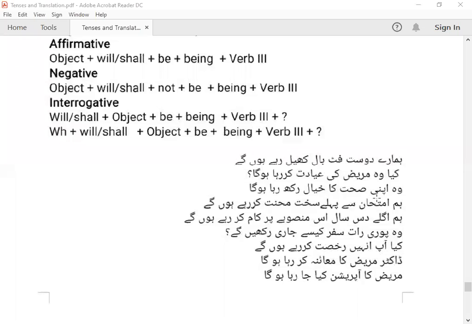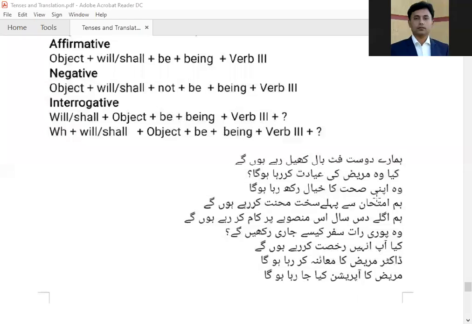10 years हम इसमें लगाएंगे, या फॉर द नेक्स्ट 10 ईयर्स भी कर सकते हैं। वो पूरी रात सफ़र कैसे जारी रखेंगे, हाउ विल दे कंटिन्यू ट्रैवलिंग ऑल द नाइट, पूरी रात, ठीक है, जारी रखेंगे। क्या आप उन्हें रुखसत कर रहे होंगे, विल यू बी सीइंग देम ऑफ, ठीक है। सी ऑफ होता है रुखसत करना, विल यू बी सीइंग देम ऑफ, क्या तुम उनको सी ऑफ कर रहे होगे।